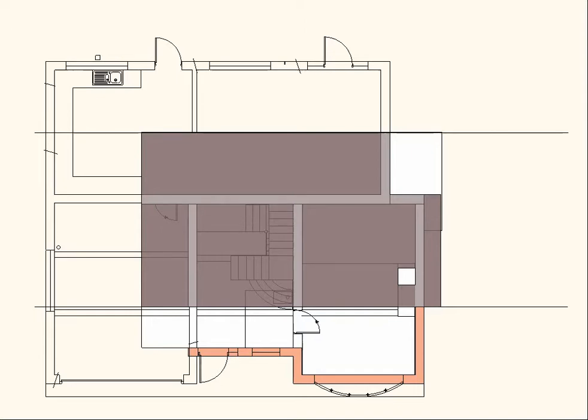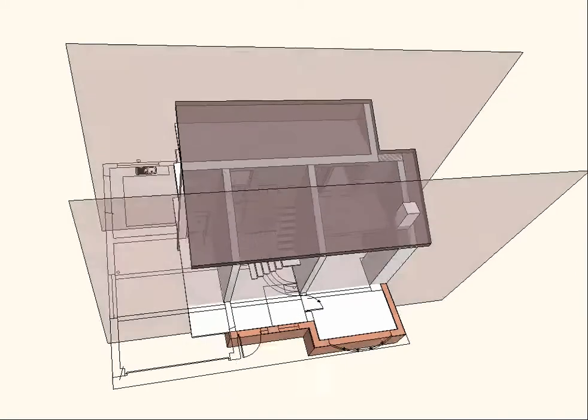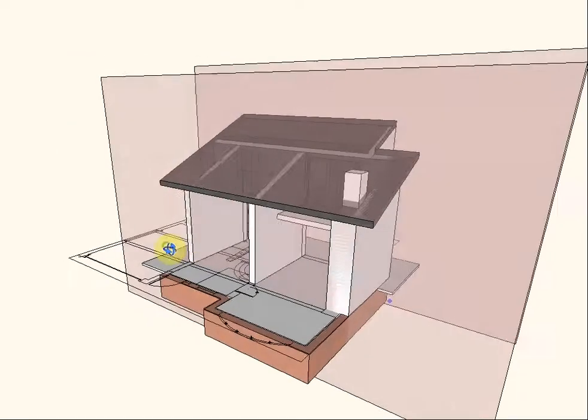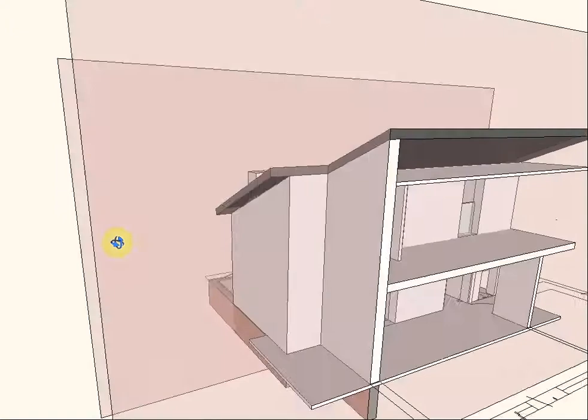Okay, Lindisfarne Avenue. We're working with the plan view at the moment of the existing property. Basically we've got the model or the plan here, which we're taking a section across here and a section across here and focusing just on the middle part of the building. So these are the two section lines that show the